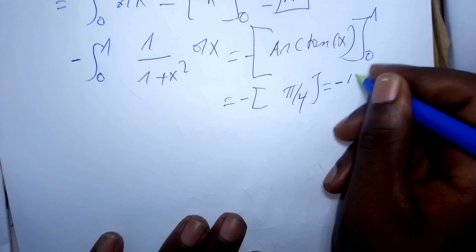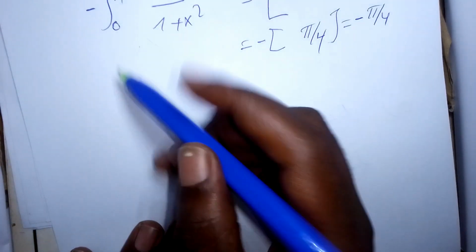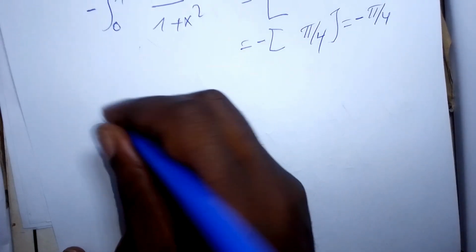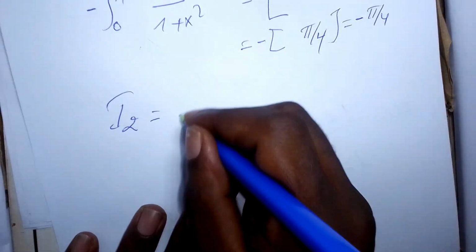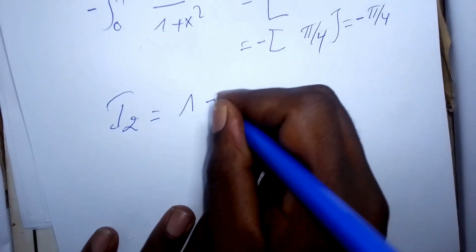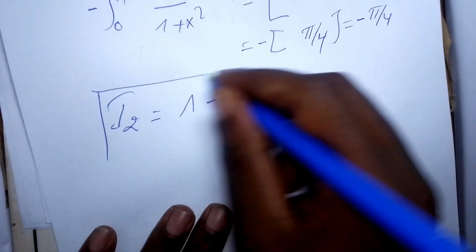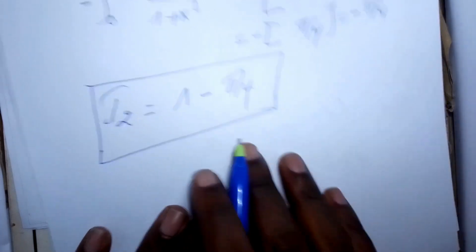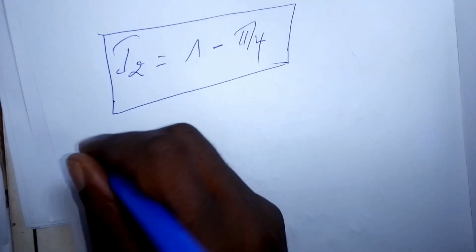This will give us negative pi over 4. So let's put it together: I2 equals 1 minus pi over 4. That is I2. Now we are going to search for I